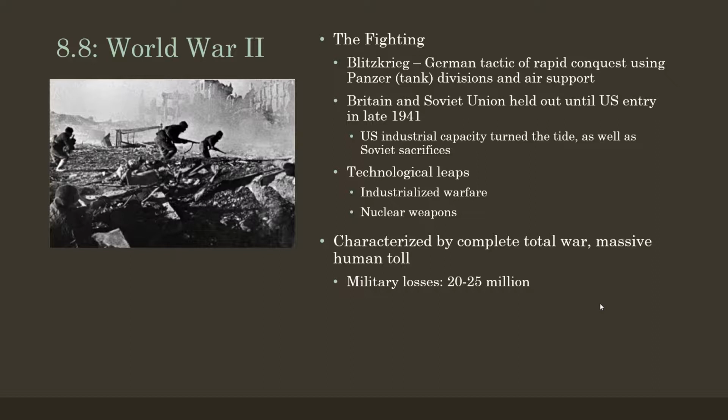This is about the total number of casualties that we saw in World War I. When we look at this number here, we are talking about deaths. And this is just the military. Civilian losses are between 50 and 55 million people. Again, we are talking about deaths. And the Soviet Union is going to suffer almost half of these. Just an incredible